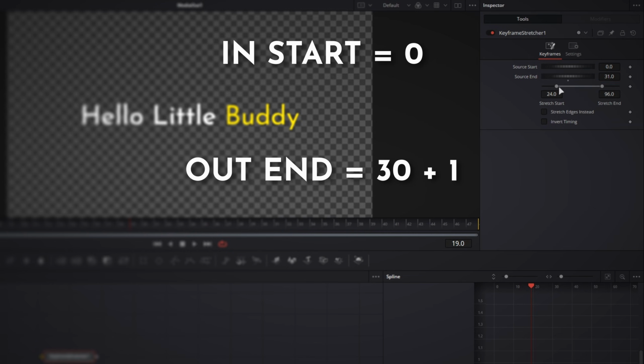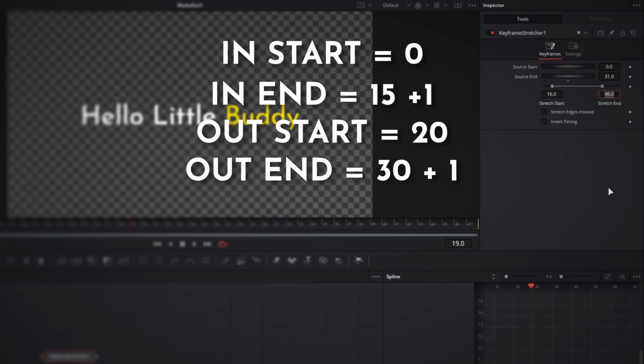And this next part can be a little bit weird for some folks, but it's asking, where's the gap? Where should we look to stretch the animation? Well, our first animation ended on frame 15, which means that we should start the stretch on frame 16. Now we've set the end point of our in animation, and the beginning point of our out animation is frame